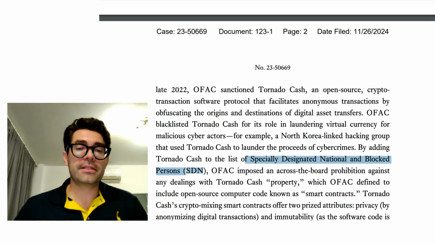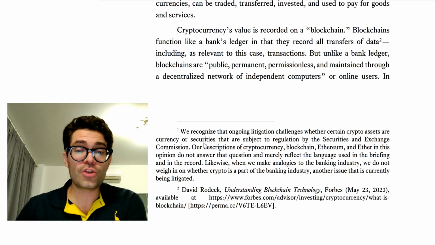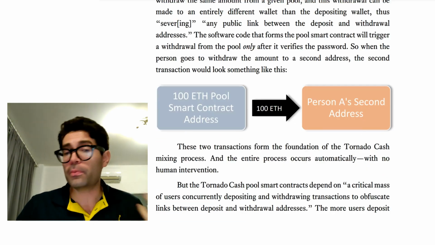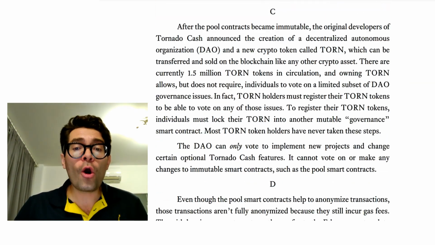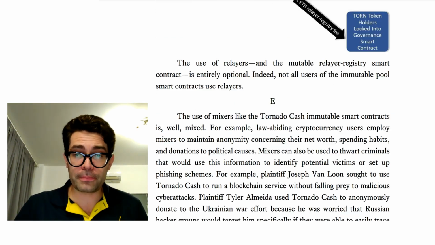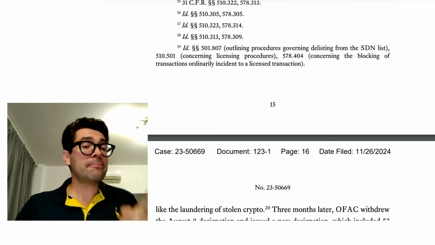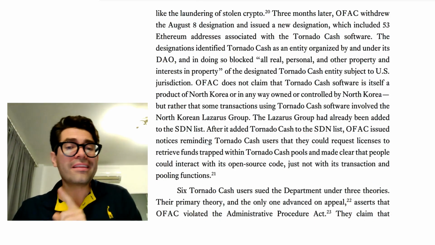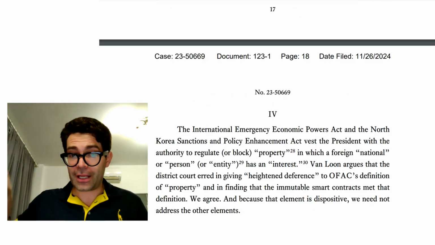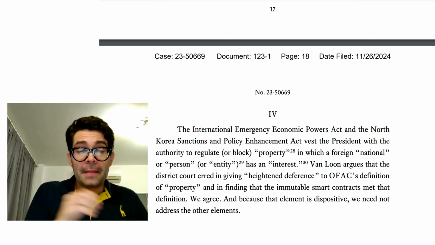The problem here is that Tornado Cash, even though they created a decentralized autonomous organization, decided one day to do something very smart, which is creating a new version of Tornado Cash where no one will have control. That means that 1,000 people participated, okay? And then they created immutable contracts. What does it mean, immutable contract? Immutable is that not even the software developers can change the smart contract. And by doing that,